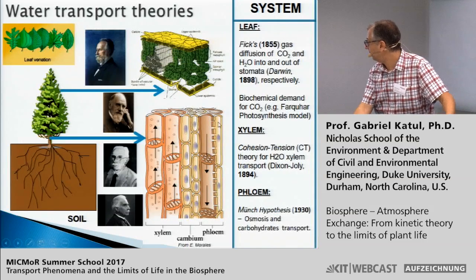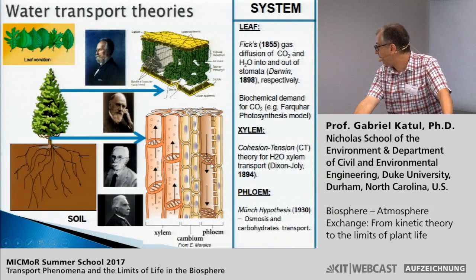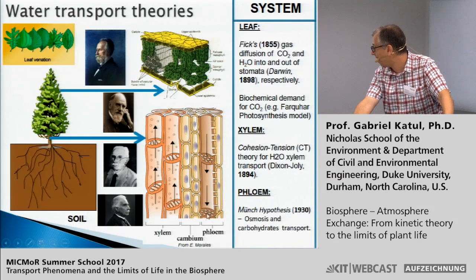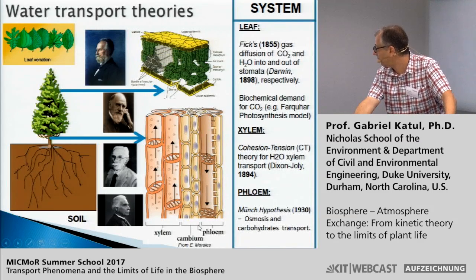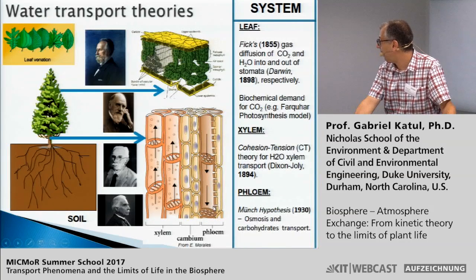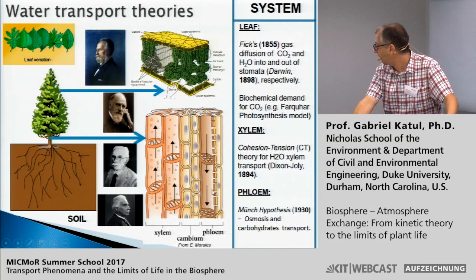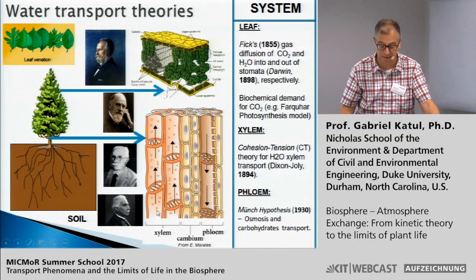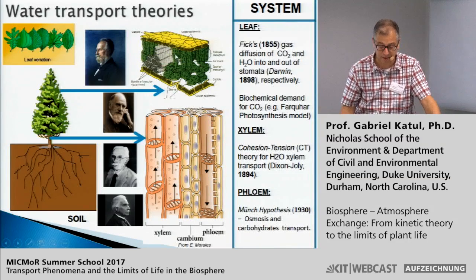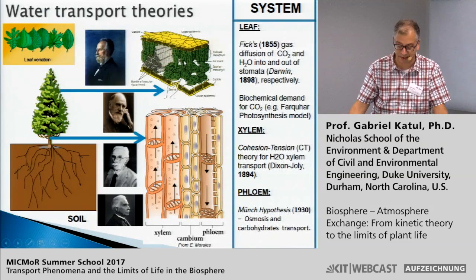Now, in the case of phloem, we have a different mechanism. Rather than water moving up the xylem under tension, now water is moving down with the carbohydrates or the sugars in the phloem under positive pressure. That phenomenon was recognized by Münch in 1930, and now it is called the Münch hypothesis, where basically you have osmoregulation. You build up sugar, water is pulled in, it gets pressurized, it pushes water down into the phloem. And so you have positive pressure down, negative pressure up, and the exchange processes are happening at the leaf.